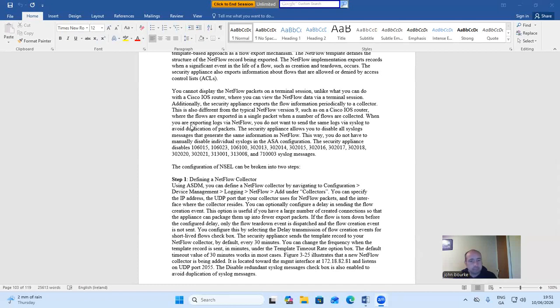When you are exporting logs via NetFlow, you do not want to send the same logs via Syslog to avoid duplication of packets. The security appliance allows you to disable all Syslog messages that generate the same information as NetFlow. This way, you do not have to manually disable the individual Syslogs in the ASA configuration. The security appliance disables